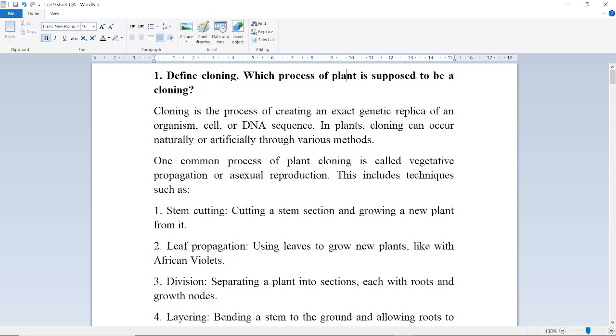आंसर्स सॉल्व करेंगे। सो लेट्स स्टार्ट। फर्स्ट क्वेश्चन है हमारे पास, डिफाइन क्लोनिंग। विच प्रोसेस ऑफ प्लांट is supposed to